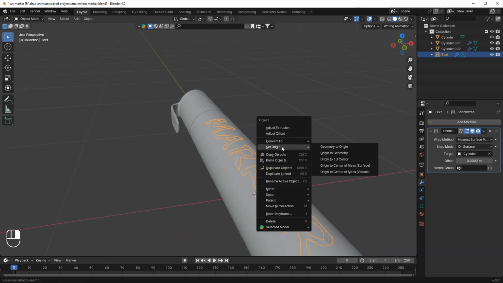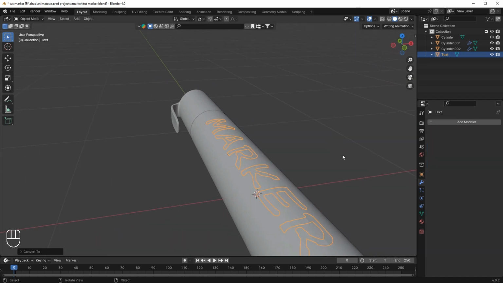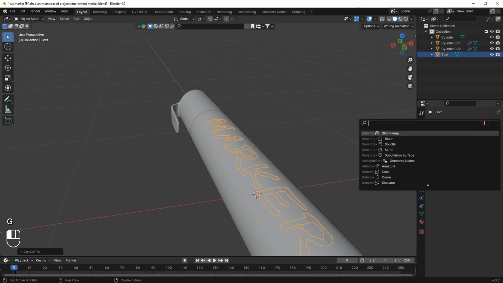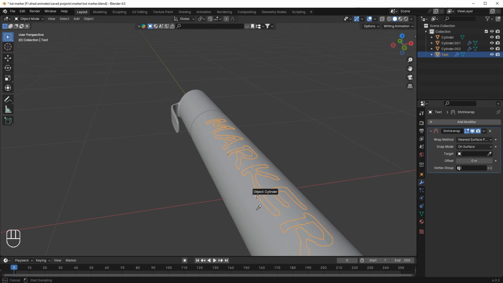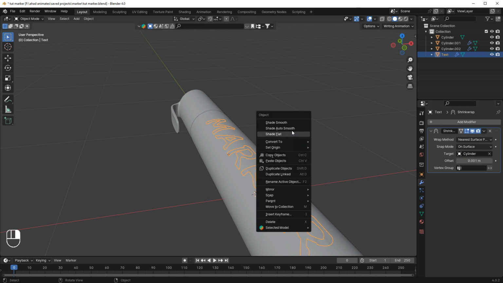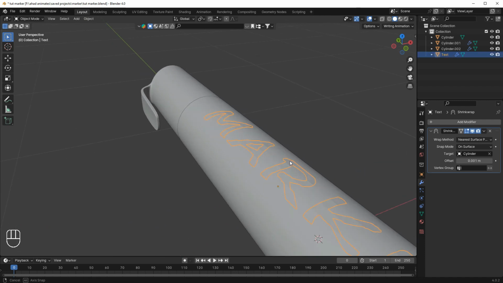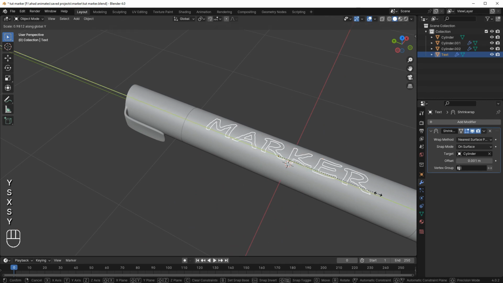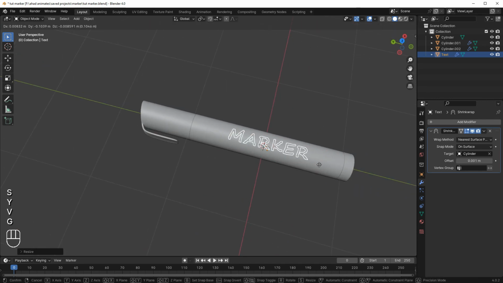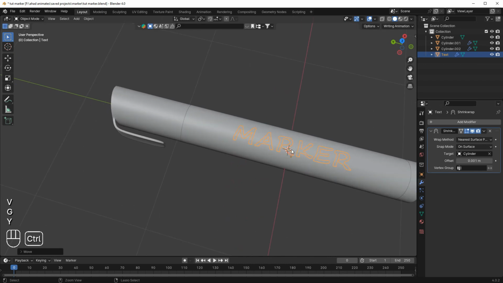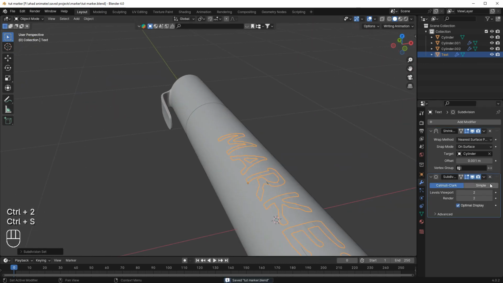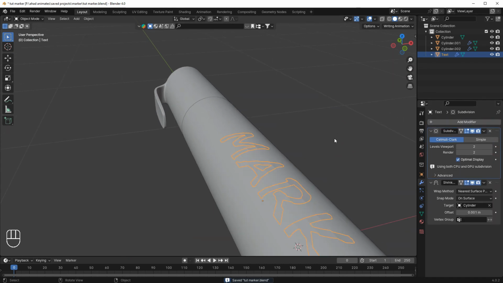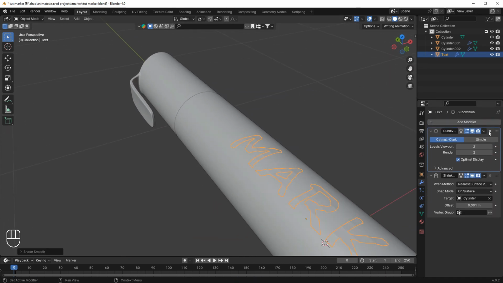Okay, now I'm gonna right click, convert to mesh, add modifier and shrink wrap, target set to cylinder, change the values to 0.0021, right click, shade smooth, alright. Now I'm gonna add a subdivision surface modifier to this like this, right click, shade smooth,